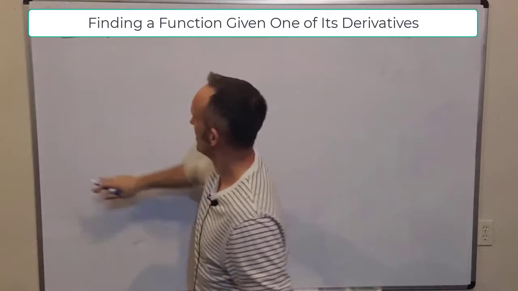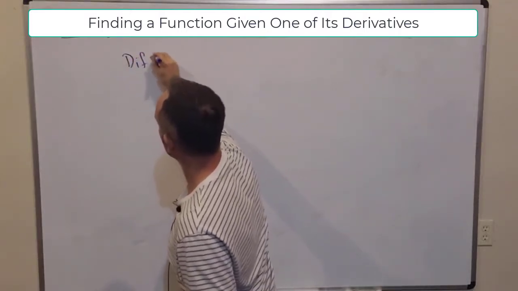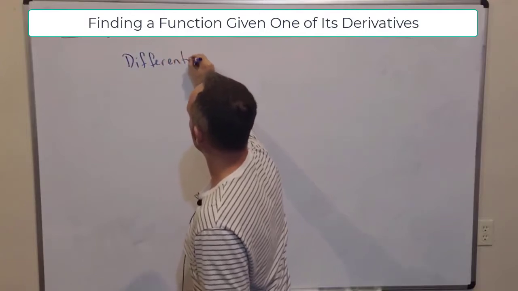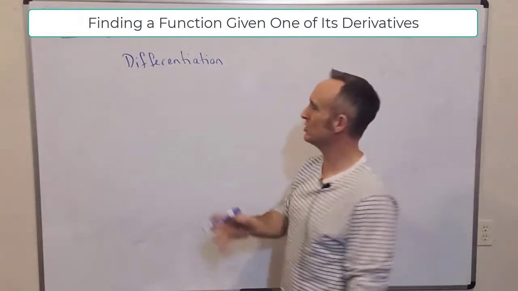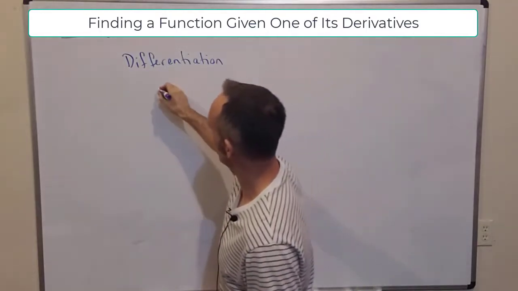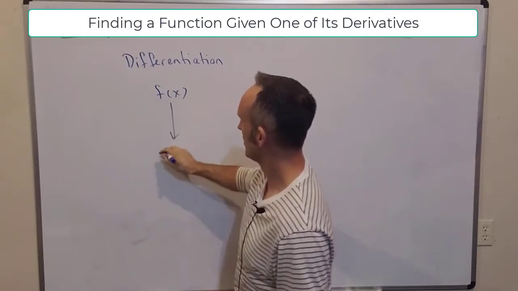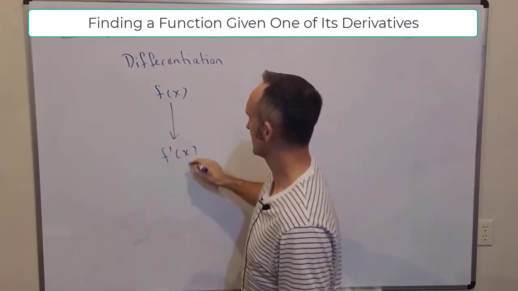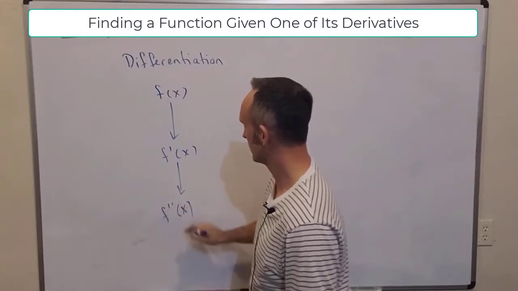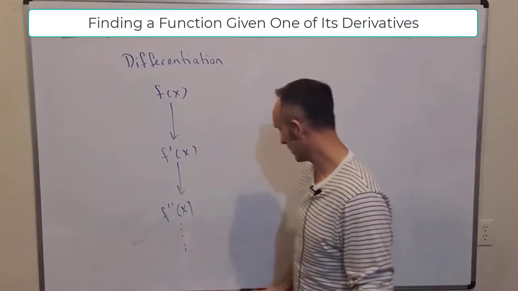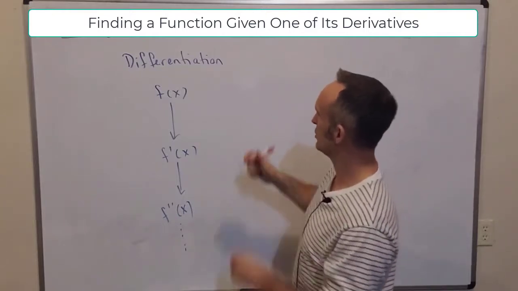When you think of differentiation, using the prime notation, you might think of it like this. You'll start with some function f of x, and through differentiation, you'll get f prime of x, and through differentiation, you can get f double prime of x, etc. Okay, so no problem. If you think anti-differentiation,